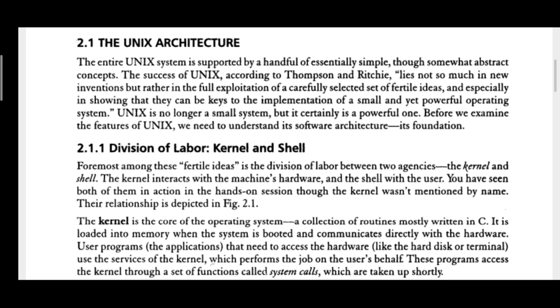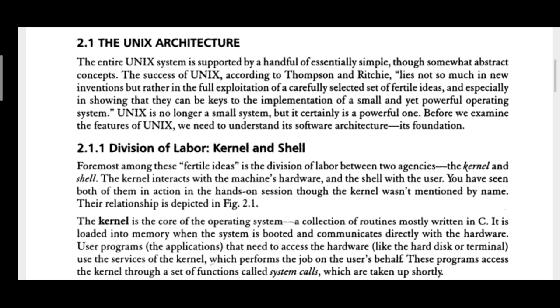The main motto behind the implementation of this operating system is that it is implemented for multi-user purpose. Okay, a single operating system that can support multiple terminals or multiple users. Hence it is called the powerful one. So let us see the architecture of this operating system. It has two parts, kernel and shell. In the OS subject, you must have heard about these terminologies.